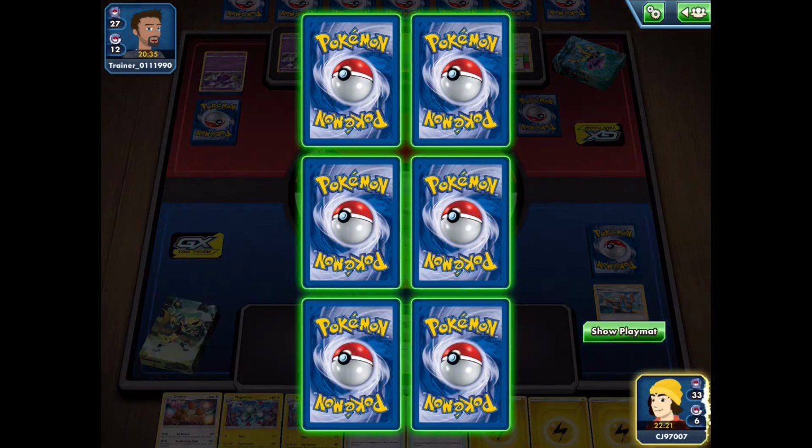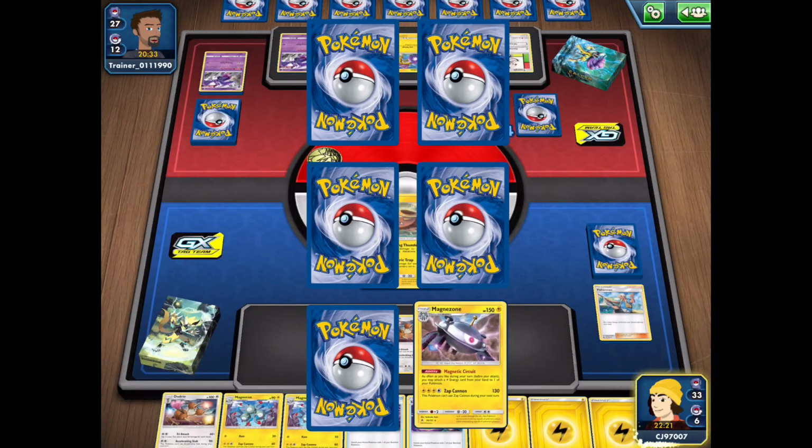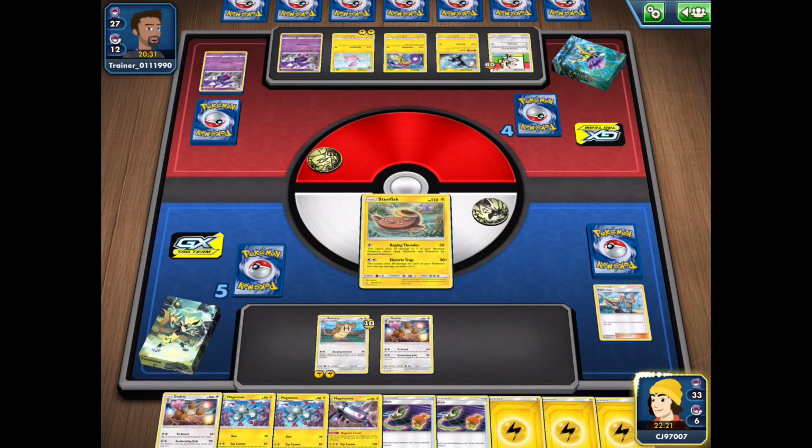Now we do get our first prize card of the game. Unfortunately it's going to be a Magnezone. Again, if it was a Magnemite that would have served us much better, but we'll just have to deal with what we were given. My opponent's most likely going to be promoting the Ampharos here, or the Fluffy at least,